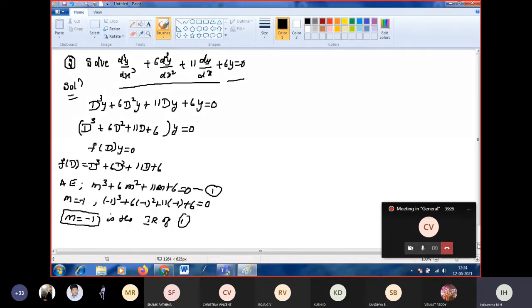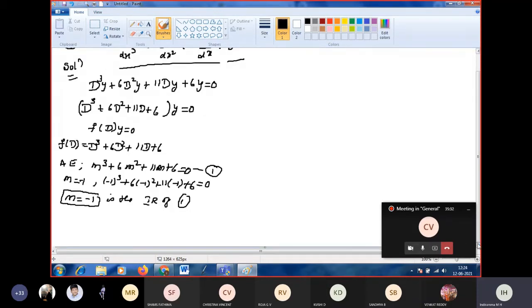Now all of you stop writing for 1 minute, then I will give the time to write. Next, after finding the first root, I think all of you studied the synthetic division method. Yes, ma'am. This is a method we use to reduce the degree of the equation. If you know one root, you can reduce the nth degree equation to the n minus 1th degree.